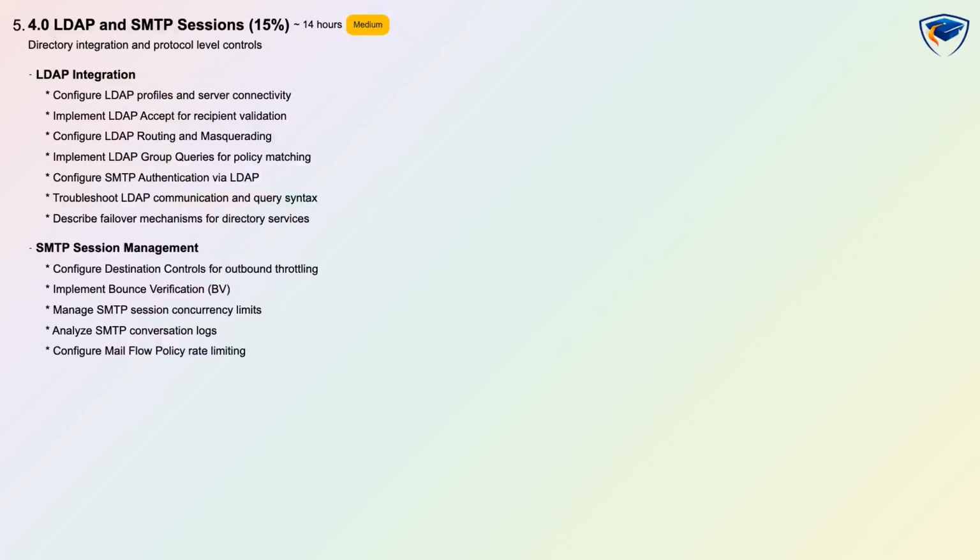Domain 5.0 Email Authentication and Encryption is weighted 20% and focuses on verification of sender identity and securing sensitive data, with difficulty hard, about 20 hours of study, and conceptual plus scenario-based assessment. You will configure SPF verification, implement DKIM signing and analyze verification results, and configure DMARC while learning to interpret DMARC